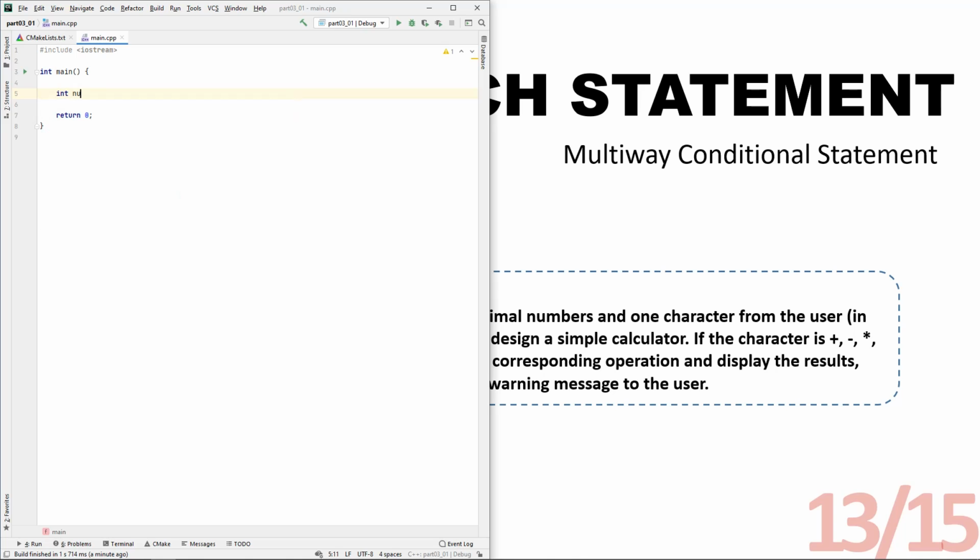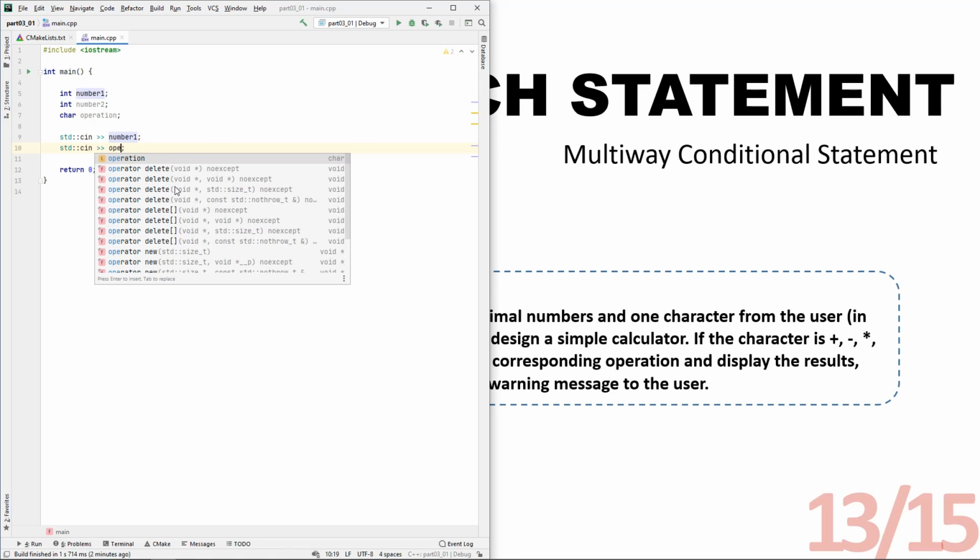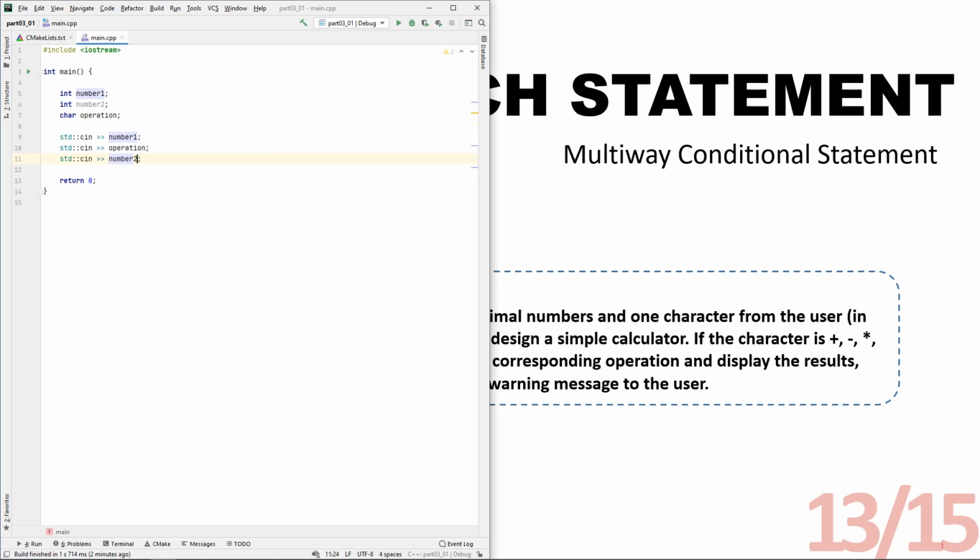I will have this first number, number 1, I will have the second number, number 2, and I will have a character representing the operation. Let us call that the operation. Then first, number 1 will be given to me, followed by the operation, and finally number 2. Switch, but now I'm going to switch over the operation. If the operation's value is plus within single quotation marks, because I'm now referring to a character, be careful here,